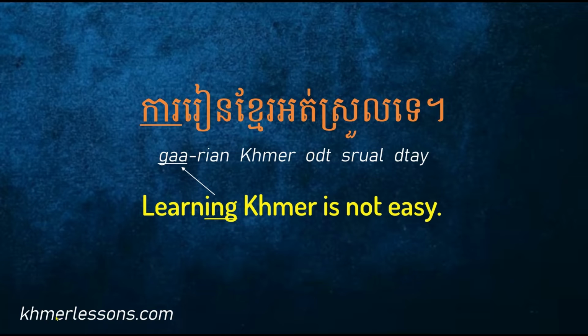Learning Khmer is not easy, so you use learn plus ing. So you say learning. In this case, we say karin. Karin. Rian is learn. Learning in this case, we say karin. And the whole sentence, karin Khmer ot srul te. ការរៀនខ្មែរអត់ស្រួលទេ